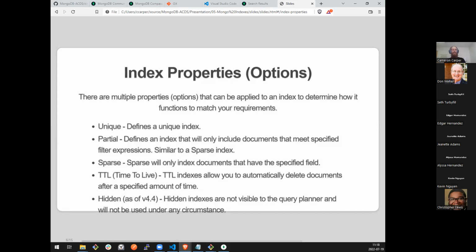So if you have data that you need to maintain temporarily, but not long-term, then you can set a TTL index on a date field that is associated with the document. And when that TTL expires, Mongo will efficiently, in the background at some time in the future, just remove that data for you.